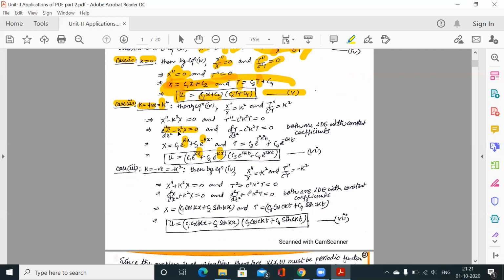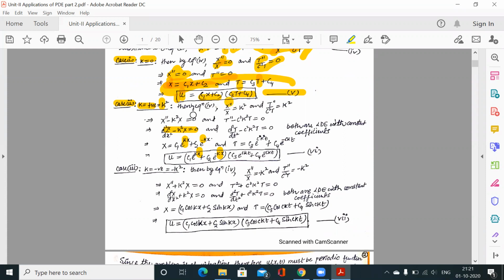Clear? If you write k only, then you will get m square minus k is equal to 0, so we will get roots like plus minus square root k. So every time we have to write square root k, minus square root k. So this is very typical one to write. To avoid that, I have chosen this constant as k square, and this is positive, so there is no problem, k square is always positive. So that's why I have written it as k square.